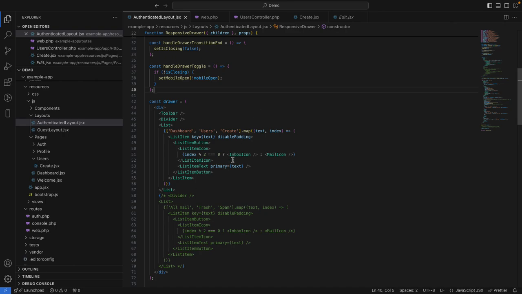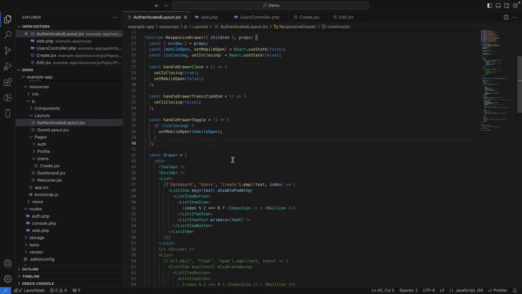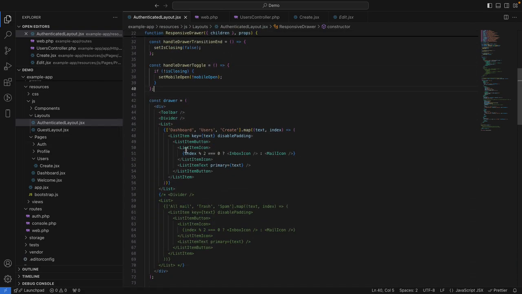In our previous video, we looked at how to set up the authenticated layout. So let's look at how to customize this one, the authenticated layout, so that we'll be able to add more menu list items to the menu. This over here looks so static, so let's take this one from here and